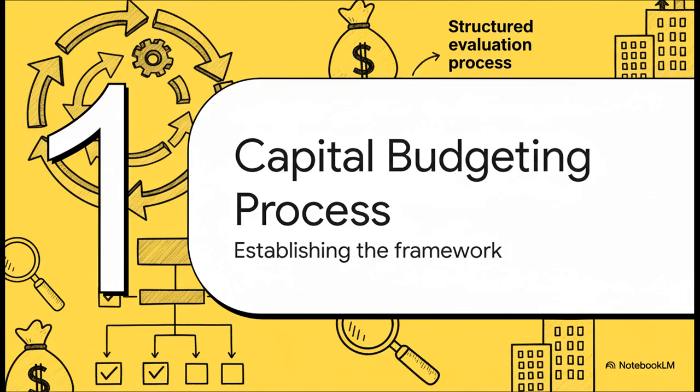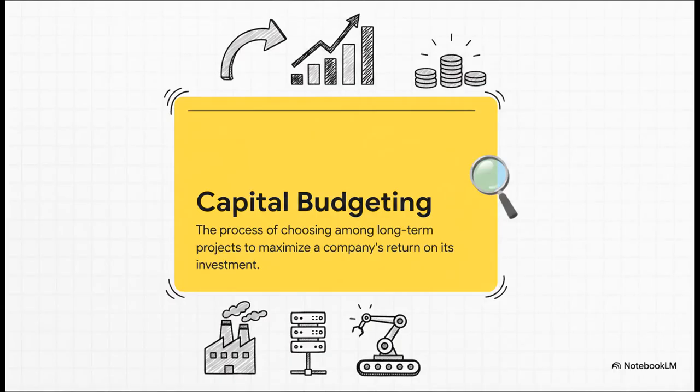Okay, let's begin with Section 1, the capital budgeting process. Now, it's absolutely crucial to understand that before a single number is crunched, a company needs a solid, structured process. This framework isn't just bureaucracy. It's essential for ensuring discipline, strategic alignment, and the rigorous vetting of every single significant capital expenditure. So what exactly is capital budgeting? Well, at its very core, it's the process of making these huge capital expenditure decisions. It's all about the strategic allocation of a company's financial resources.